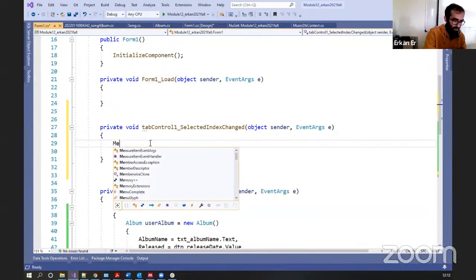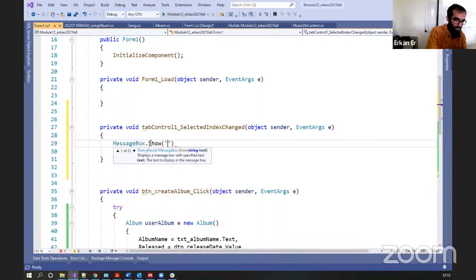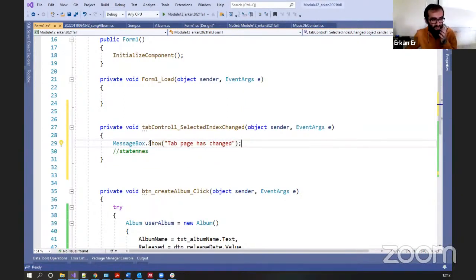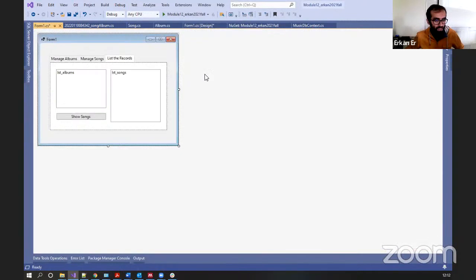So for example, you want to check this message box, show that the tab is changed, the page is changed. So we want to execute this each time the tab page changes. To do that, what we are going to do is go to View Designer, and then here